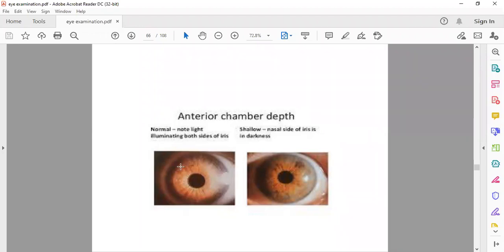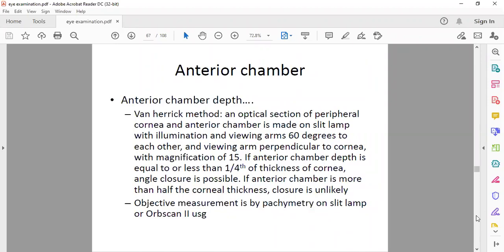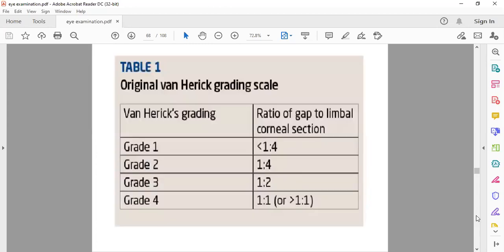So these are the causes of deep anterior chamber, that is myopia, aphakia and pseudophakia. And shallow anterior chamber causes are hypermetropia and angle closure glaucoma. So with the help of slit lamp, we can assess the angle of anterior chamber by assessing a